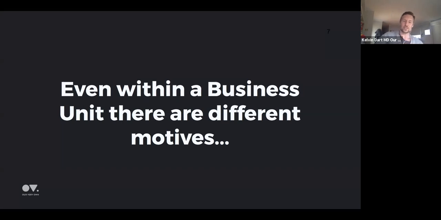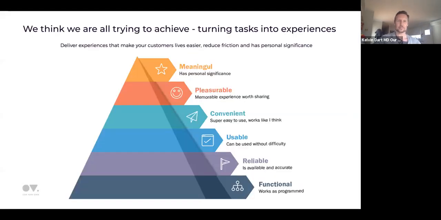And even with our business unit, there are different motives. And that just sounds a little bit ridiculous to say when you're sort of all for one, one for all, getting into a project together. When we think about it and when we start a project, this is it. Like we can all sit there, whether or not we're technologists and whether or not we're BAs, data analysts, project managers, product owners, we're all seeking the top of this pyramid. We all want to make something meaningful.